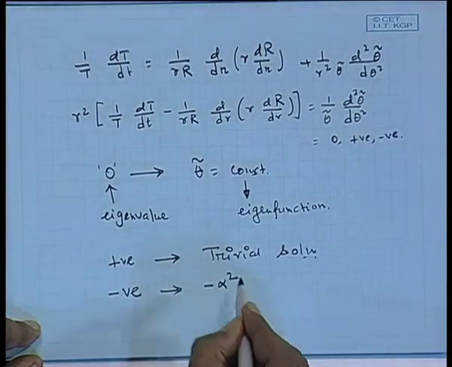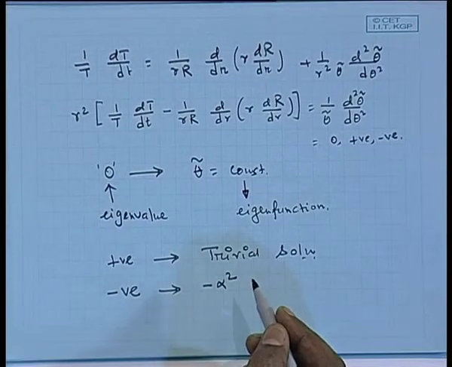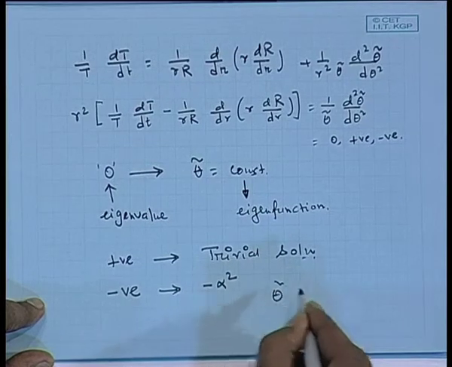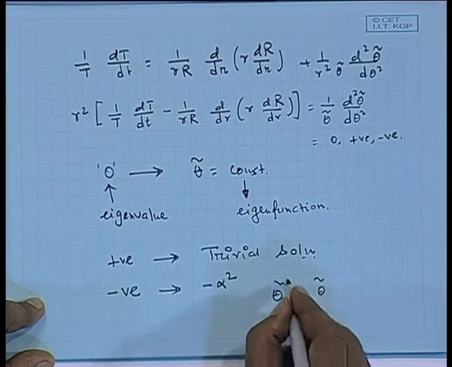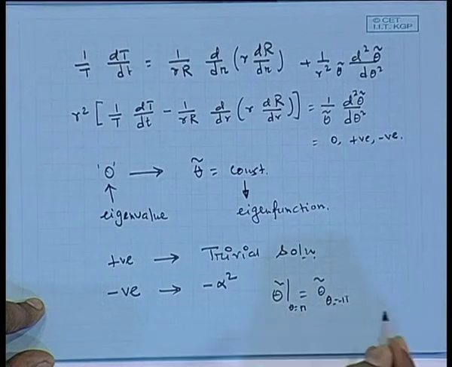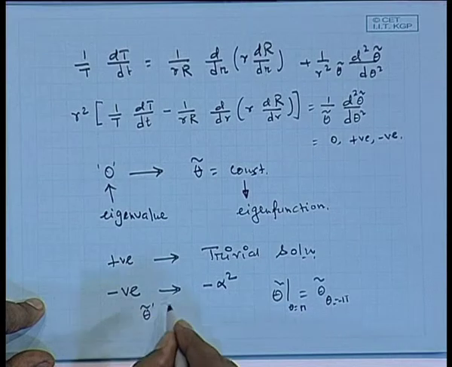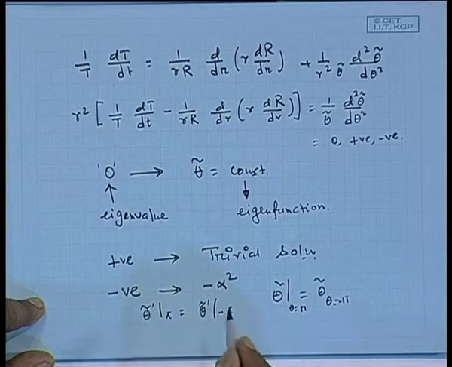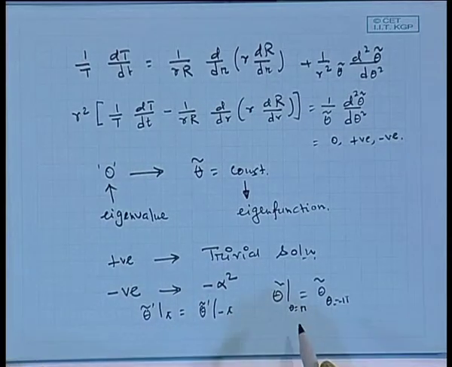We have found that if it is equal to minus alpha square, then it will satisfy the boundary conditions that theta hat at theta equal to pi is equal to theta hat at theta equal to minus pi, as well as theta hat prime at pi is equal to theta hat prime at minus pi. By using both conditions, you will evaluate two constants of the solution of theta hat, and the eigenvalues will come out to be n, where n runs from 1 to infinity.